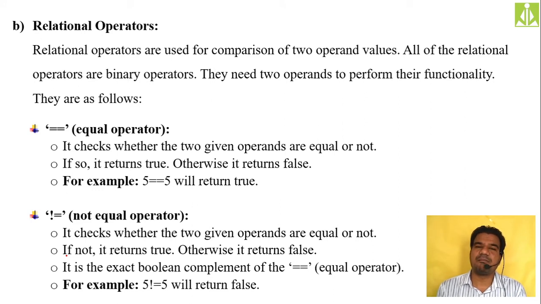After performing the comparison, whenever we are comparing, we'll do the comparison for the equality. So we'll compare whether both the operands are equal or not. If both the operands are equal, the equal relational operator will return a true value to indicate that both the operands are equal. If they are not equal, then it will return a false boolean value to indicate that both the operands are not equal.